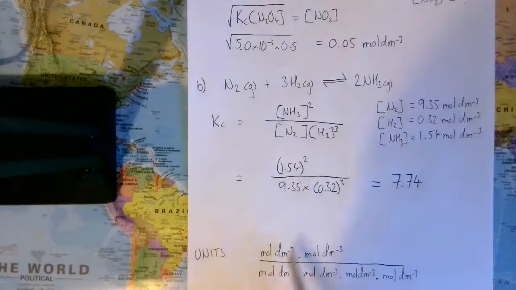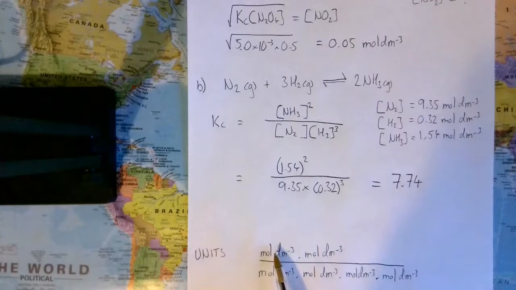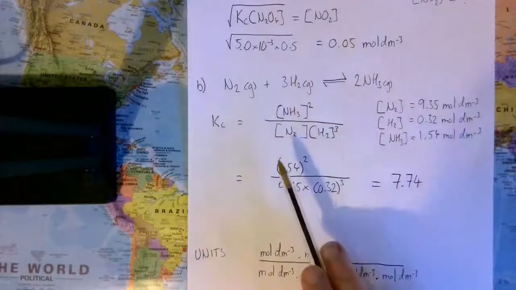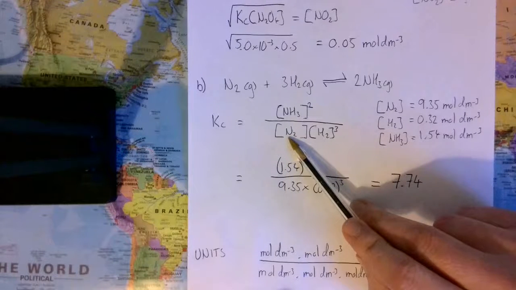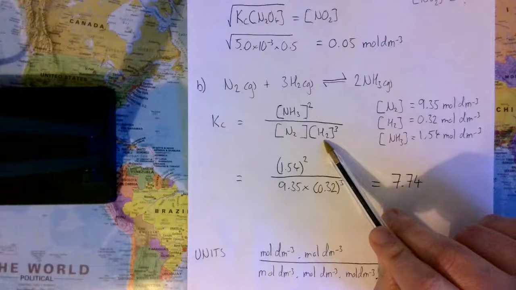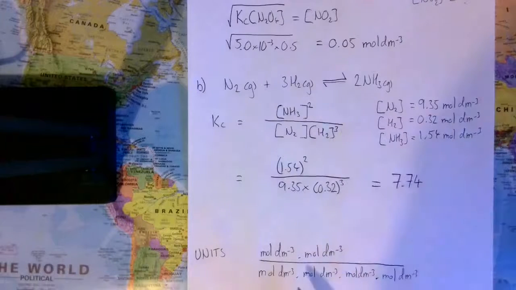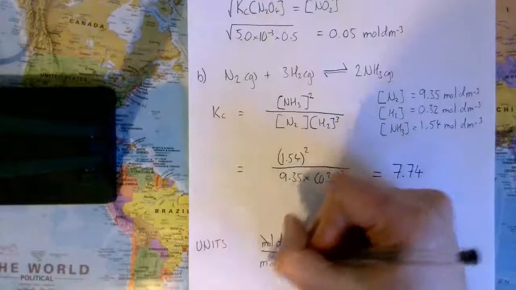So what we do to start, there were 2 moles of ammonia, and it was therefore squared. So you do the units for concentration, moles per decimeter cubed, times moles per decimeter cubed, because it was squared. Down here you've got the units of concentration for nitrogen, moles per decimeter cubed, multiplied by those for the concentration of hydrogen, and then because that's cubed, we've got 1 for the nitrogen and then 3 for the hydrogen. You do some cancelling out,